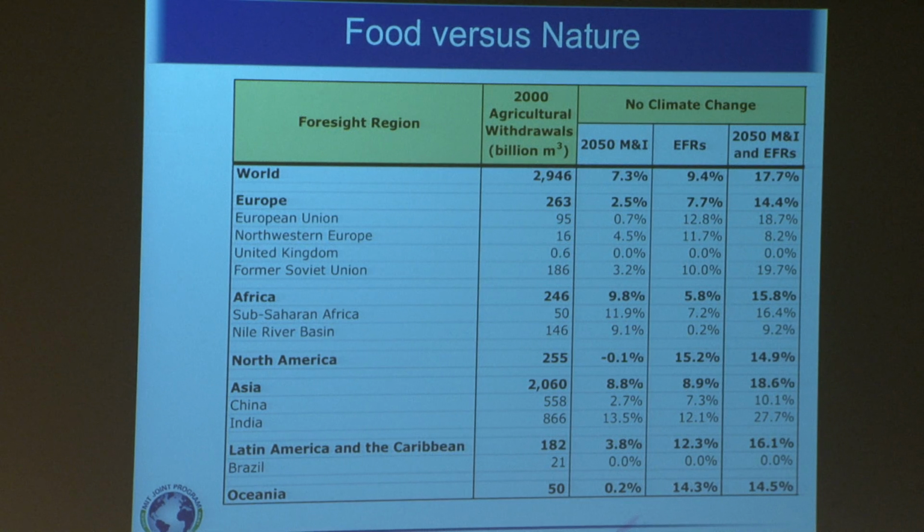Does anybody know how much of the flow of the Colorado River goes to the sea? Close to zero, 25,000, and we're buying more every day. People are buying it, put it to zero. So if we look here at North America, and if we were to allow that 10%, that means 15%